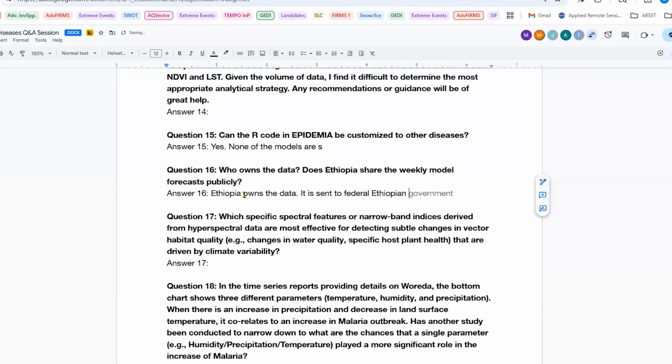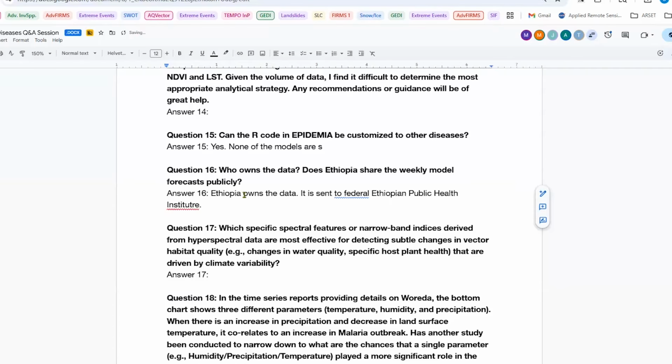This has actually informed the way that we've designed these software packages because, and this is true not just in Ethiopia but in other countries, and in the US, public health agencies generally aren't excited about handing their data out to other people to do things with. So our approach with EPIDEMIA and our other similar applications has been to build tools that we can take to the public health agencies. For example, we've set up data sharing agreements where we can use some of the data for the tool development. But the idea is that we give the tool to the users